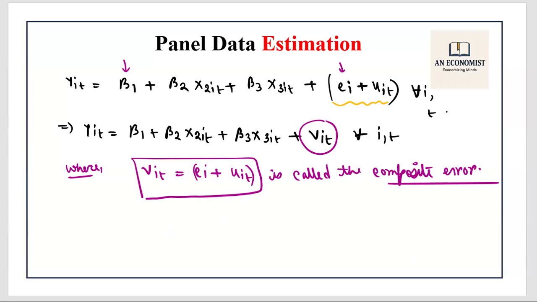As I have told you, this Ei is the cross-sectional error term. I am not writing this again. If you are taking notes, you can write that Ei is the cross-sectional error term and uit is the idiosyncratic error term, or known as the panel data error. Let me write it down for your purposes. This is the cross-sectional error, or the entity-specific error, whatever you want to call it. And this uit is the idiosyncratic error, or what you call the panel error,